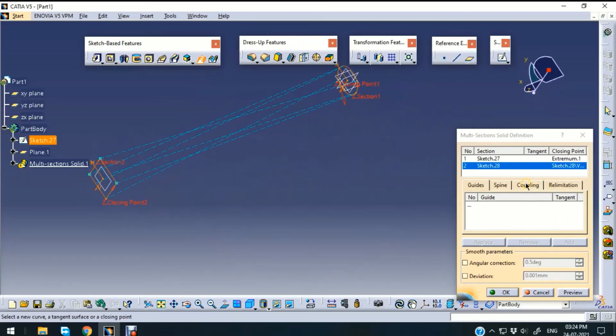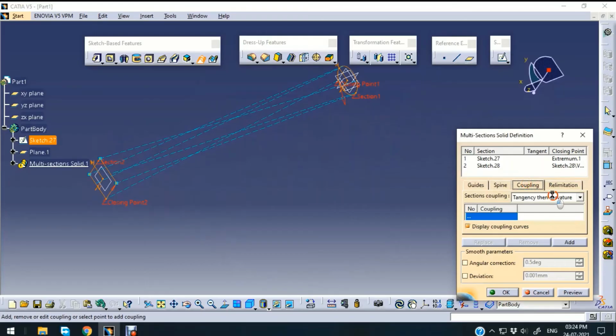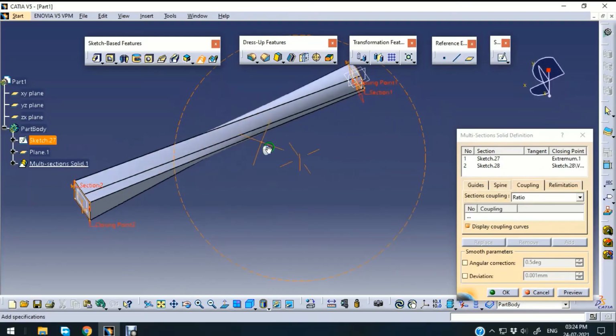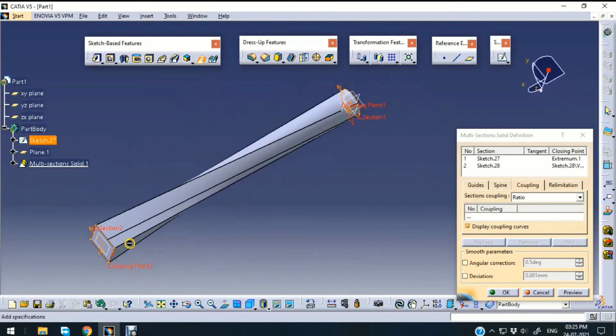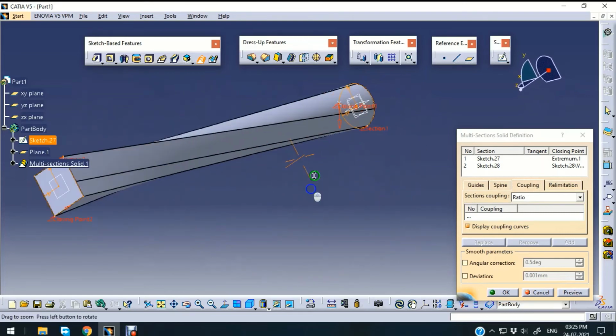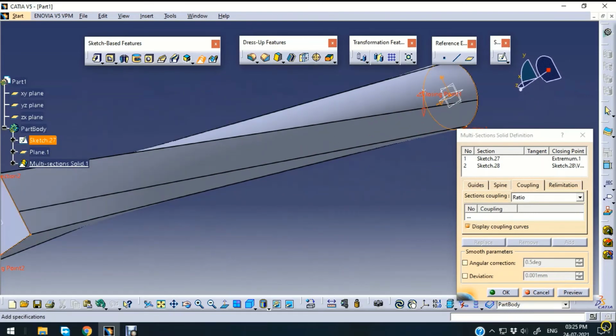Okay. So as it says in the coupling, you can give ratio. If you give, you can see the structure. Okay. Circle, this is rectangle. But again, there is a twisting issue. I don't want this twist and turn. So how to avoid that means,